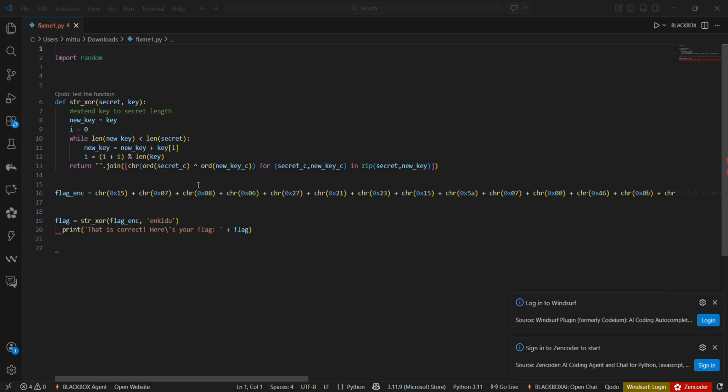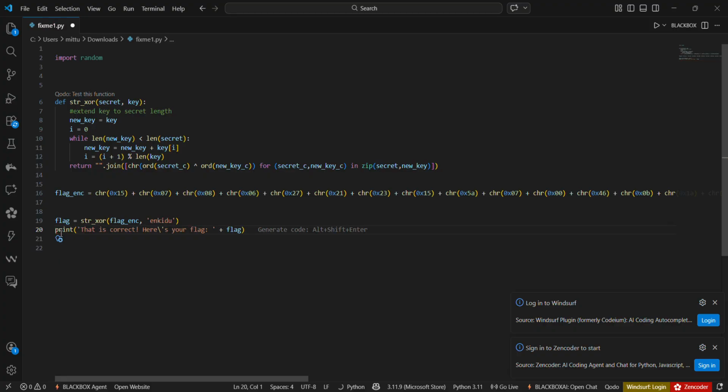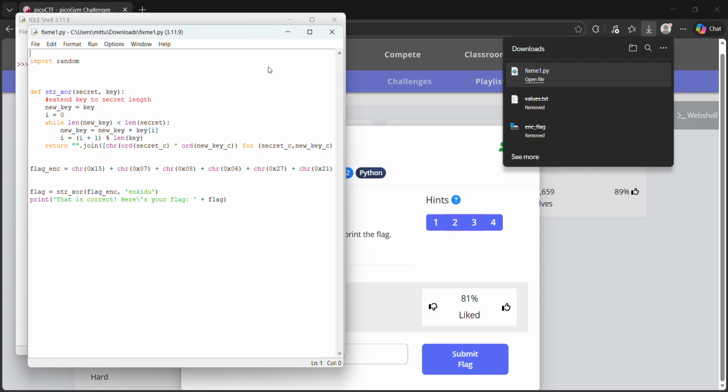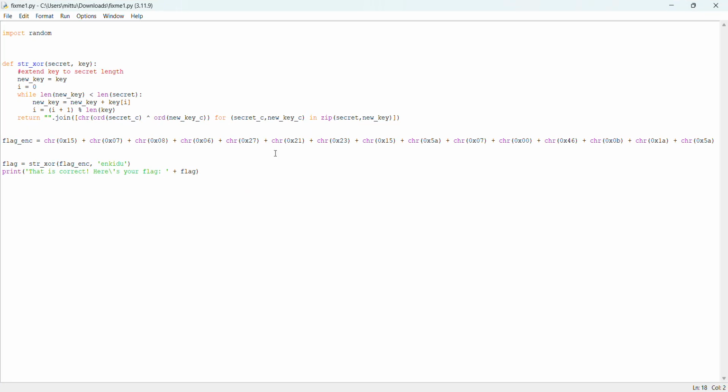Okay, so first of all, as we can see here, there's some indentation error. Let me just fix it. And well, I'm so sorry guys, there were some issues in my VS Code, so currently I'm doing this on my Python. Ideally I also have that. So let's try to run it, and then we will see